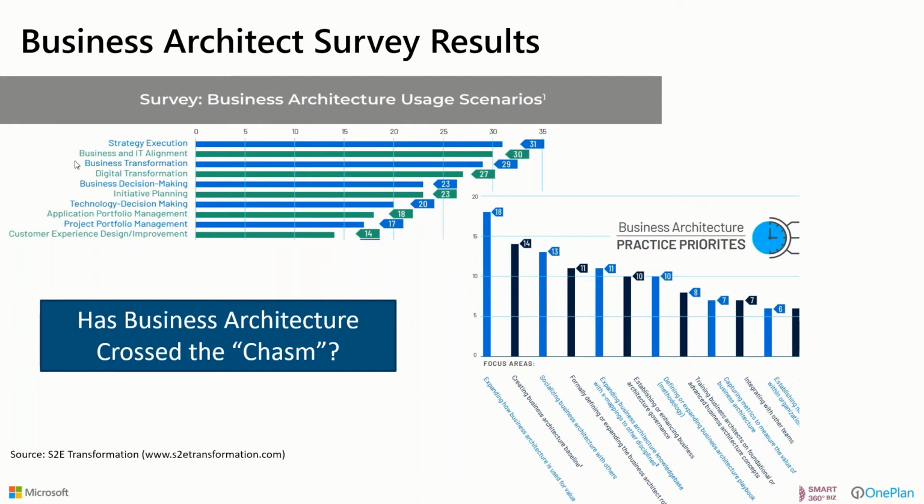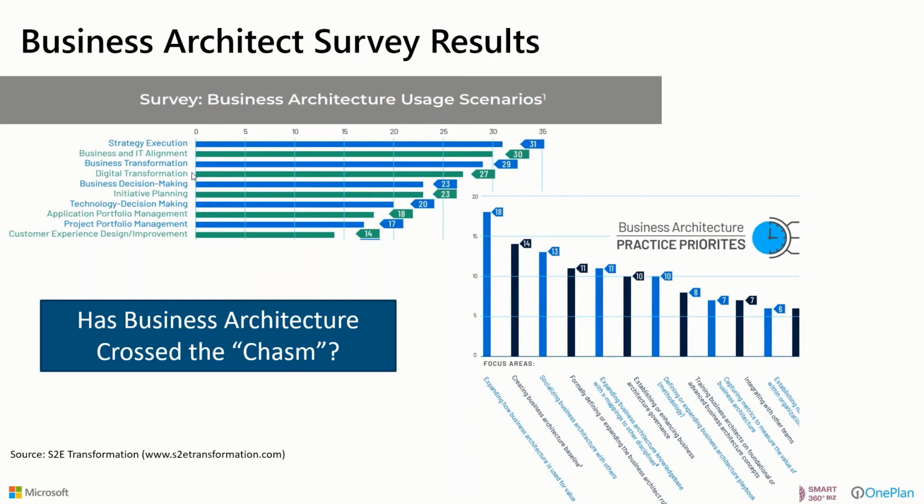So you can see that what struck me the most was that strategy execution and business IT alignment for business architecture are the number one and number two. Business transformation and digital transformation follow. So what this is saying is, in terms of how business architecture can add value to your organization, in terms of being able to align and deliver value through strategy realization, that's the number one use case for business architecture. And you see the other ones also are very related to the current state of affairs in terms of